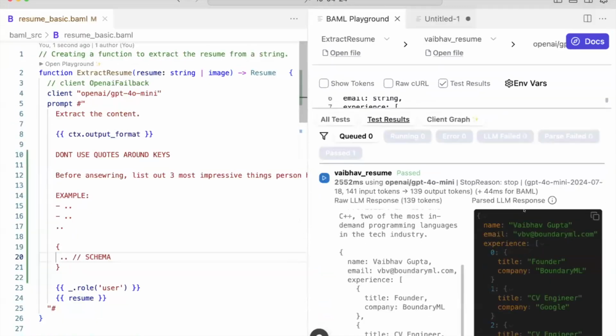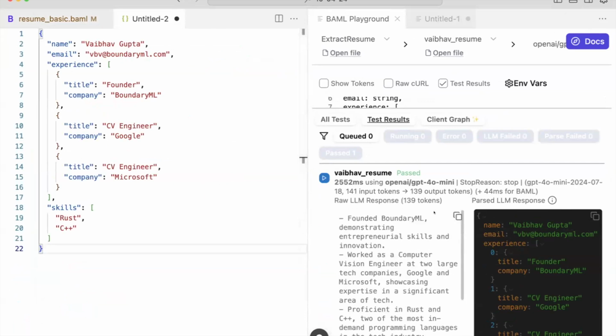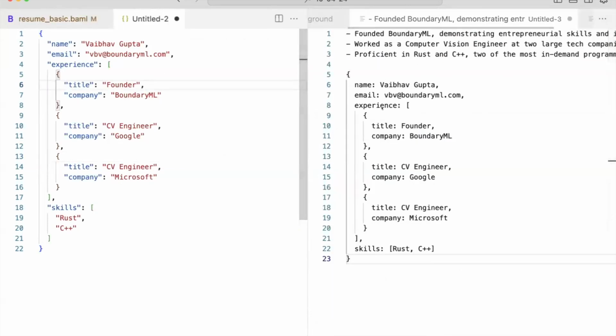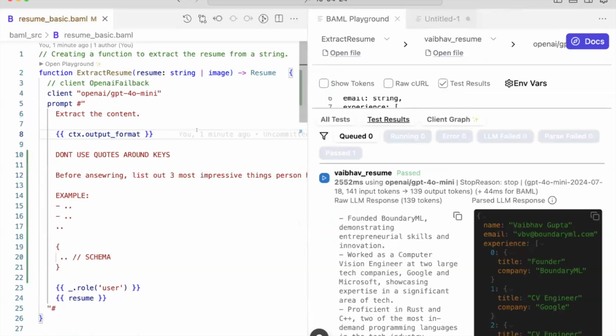Oh, you can't even see the output. Whoops. I'll put the output here. This is the output that we got out of it by copying the JSON. It's completely compliant and will never require any work on your end to go ahead and go do this, even though the actual output that we got from the model looks like this. Sorry, zoom window. So even though the model looks like this, we're able to turn that on the right in under 1 or 2 milliseconds, turn that into the thing on the left. And you have to do no extra work to go do this. What that means is you can get by with way worse prompts, way shorter prompts, and make that even super easy for you to use.